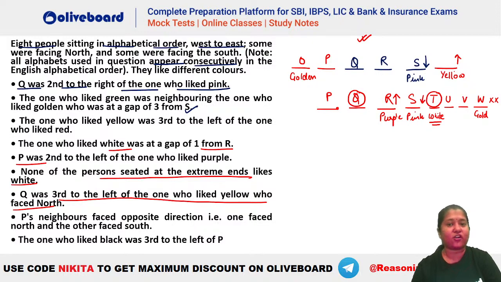6 people we have already got, ठीक है। अब आगे चेक करते क्या दे रखा है। P's neighbors faced opposite direction, तो यहाँ पर इस वजह से भी ये गलत हो जाता because P cannot be at the extreme end because he has two neighbors, one of them should be facing the south, other should be facing the north, ठीक है। तो फर्स्ट वाला आपका valid case हो गया।